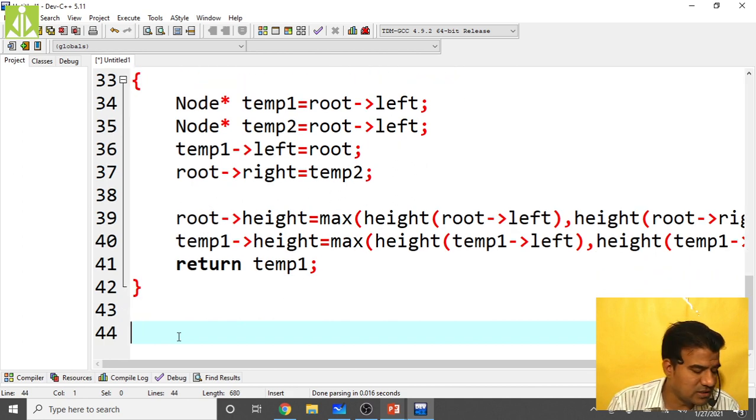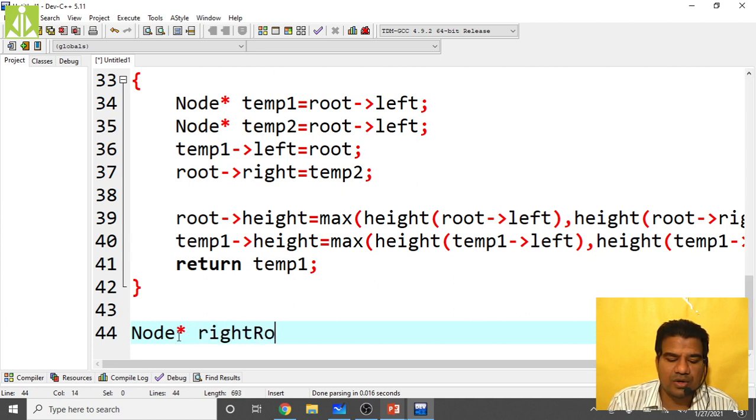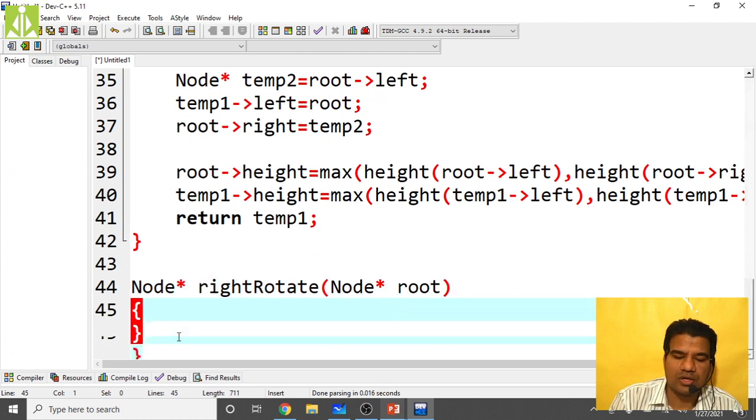Then the next thing is performing right rotate. Right rotate of node star root. Here also we do the same thing.